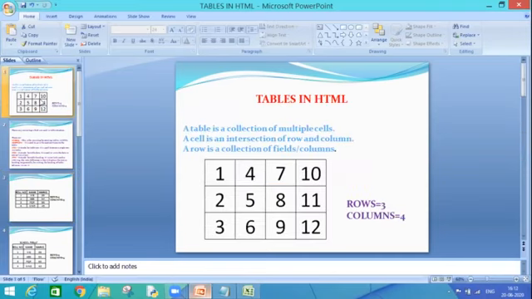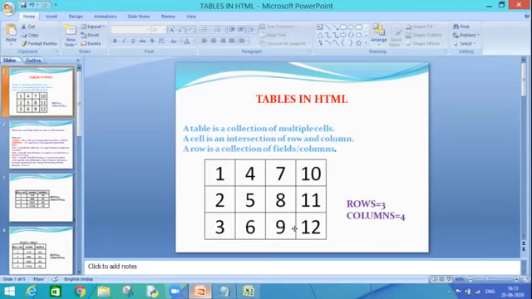So what is a table basically? As you can see over here, this is a table. It has multiple values: 1, 4, 7, 10, 2, 5, 8, 11 and 3, 6, 9, 12. This is my data, and it is entered into small boxes.